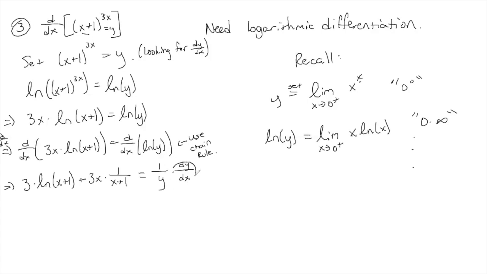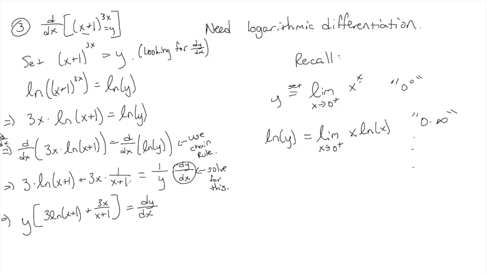And now I want to solve for this. Meaning just isolate it. Use algebra, treat this as its own symbol, and isolate it. So, how do I get this by itself? I just multiply both sides by y. All right, so I get y times this big thing, 3 ln(x+1) plus 3x over x+1